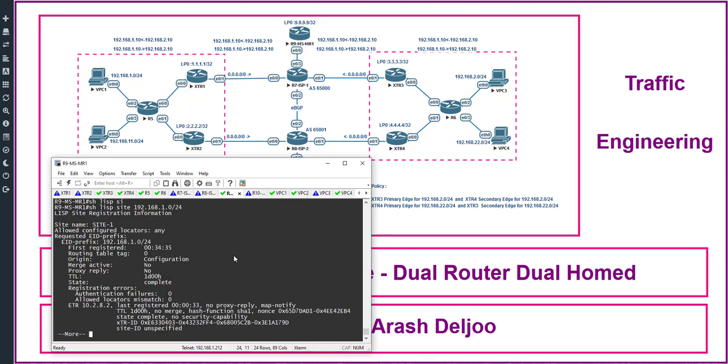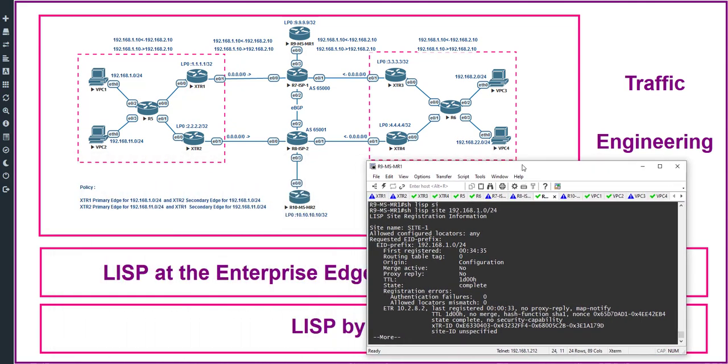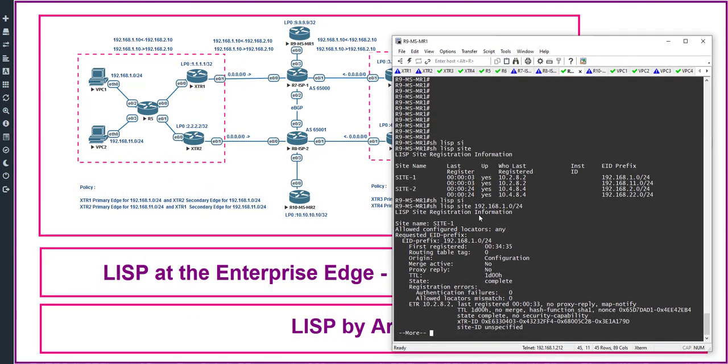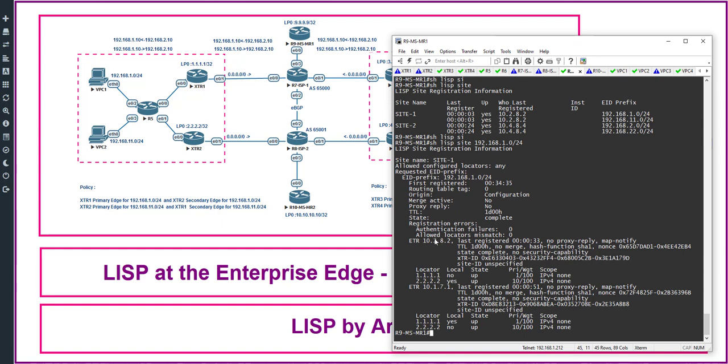But if you want, you can see the detail with the show lisp site command, for example for 192.168.10.0/24. Look here. If you check show lisp site for one specific IP address, you can see that we received 192.168.10.0/24 from both router 2, meaning XTR2, and also router 1. In router 2, as you can see, quad 1 is a non-local locator, because XTR2 has only quad 2 as the RLOC. Because of that, quad 1 is a non-local RLOC, and the state of this RLOC is up,